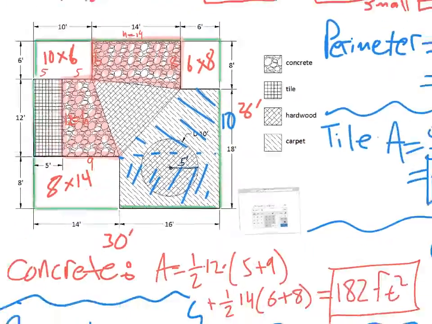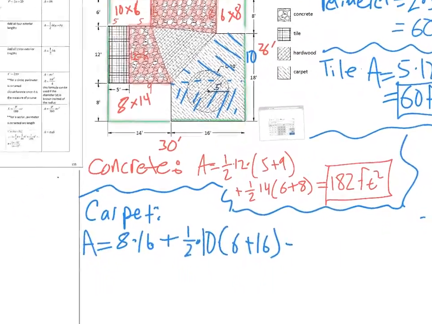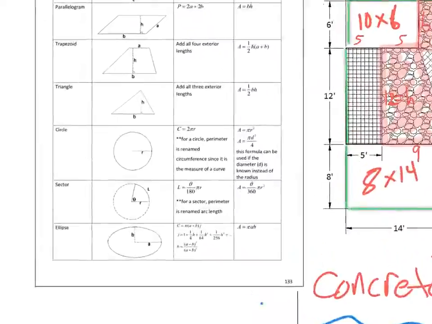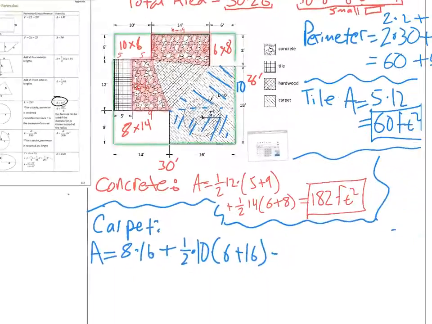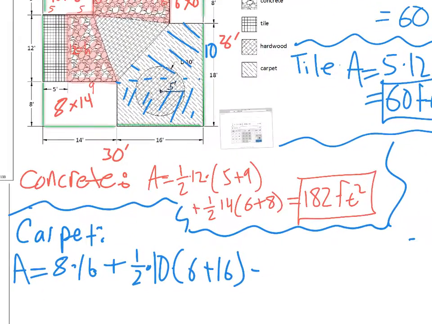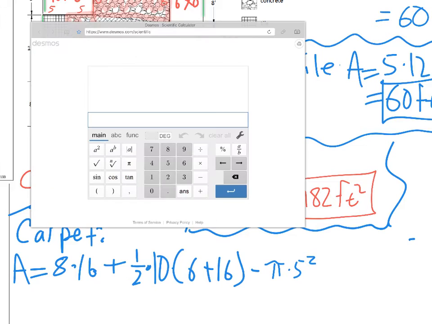And the area of a circle is pi r squared. We got that in our formula sheet there. Area, pi r squared. I'm going to use that. So we're going to subtract the circle because the carpet is not going to have a circle there, okay? So minus pi r squared, so pi times 5 squared. And then we're going to type that all in our calculator. Okay, so typing that in our calculator, we get